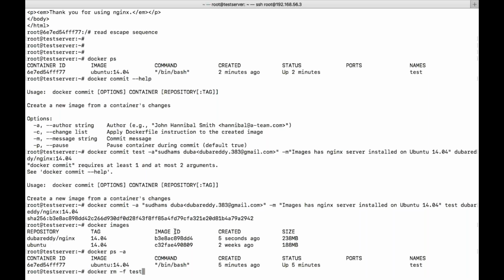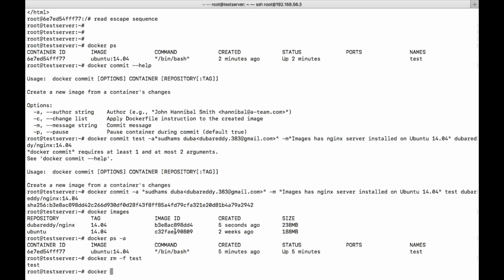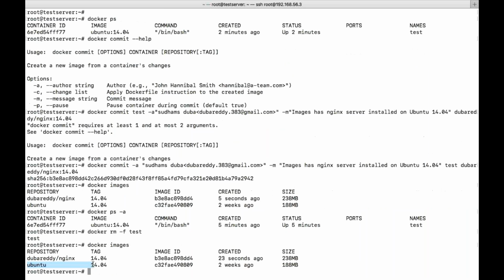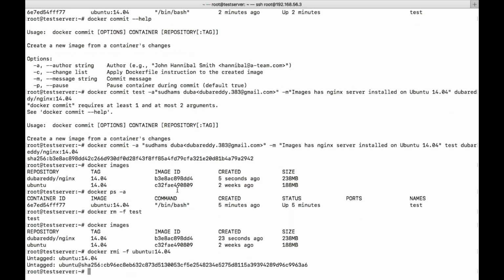Now I will try to remove the image. Just I will try to remove the base image. That is Docker rmi -f ubuntu 14.04. Now this image got deleted. Okay, now using this image, if I try to create a container, in that container I need to have nginx by default and curl command also.